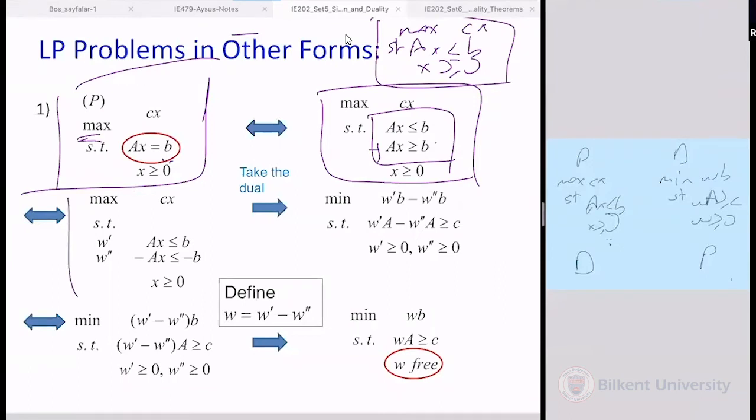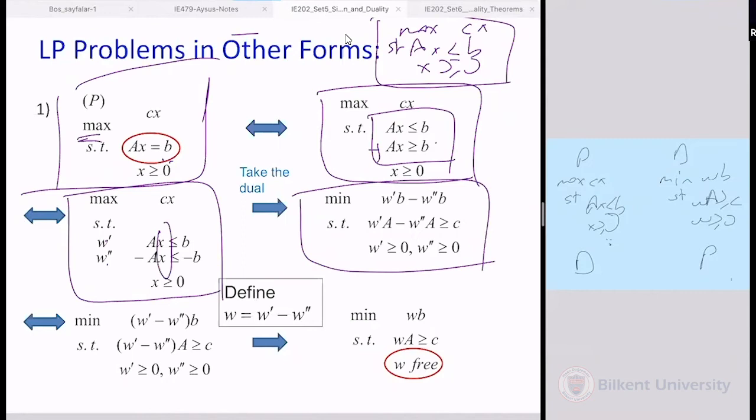And this is the primal. Now I can take the dual. Assign two sets of variables. Be careful, these are all sets, not just one variable. Now the dual of the canonical form max is canonical form min, but this is what happens. I'm taking the dual. I only have one type of constraint set in x, so the dual will have one type of constraint set. So the first one is W1A minus